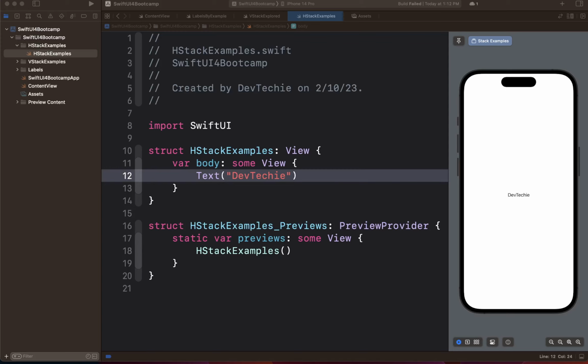So HStack is another layout container which is used to lay out its child views in a horizontal direction. Child views appear side by side from leading to trailing direction next to each other in a horizontal row. All right, so let's go ahead and get started with a basic example where we'll create an HStack with two